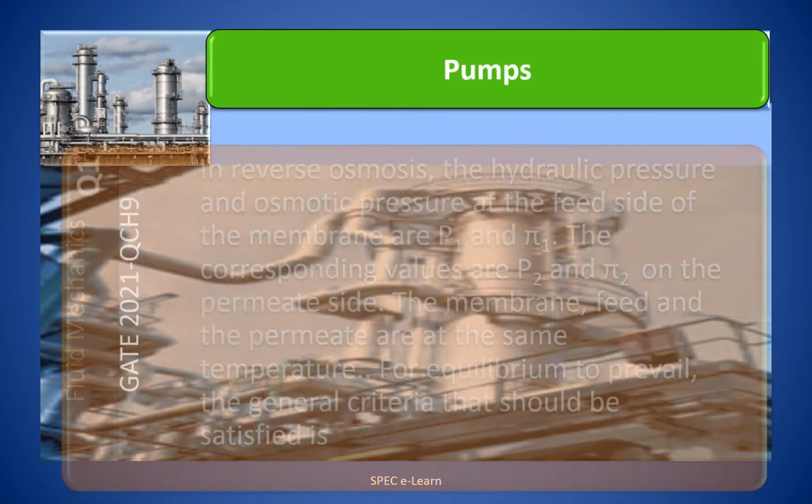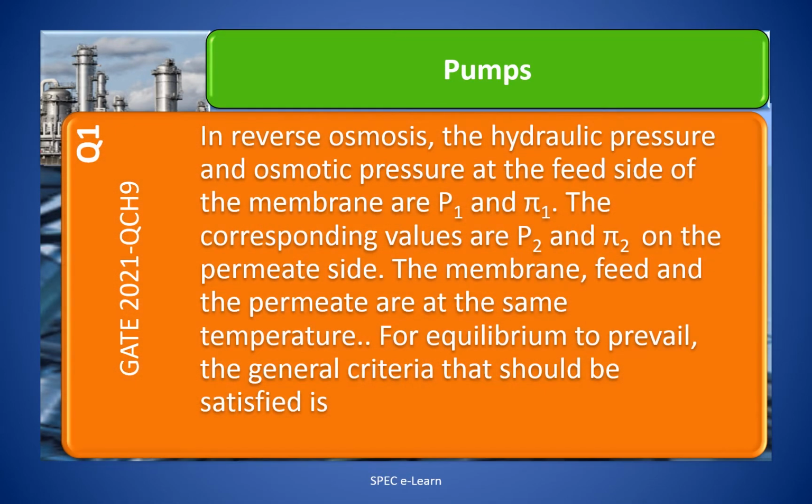GATE 2021, question number 9. In reverse osmosis, the hydraulic pressure and osmotic pressure at the feed side of the membrane are P1 and Pi1. The corresponding values are P2 and Pi2 on the permeate side. The membrane, feed and the permeate are at the same temperature. For equilibrium to prevail, the general criteria that should be satisfied is